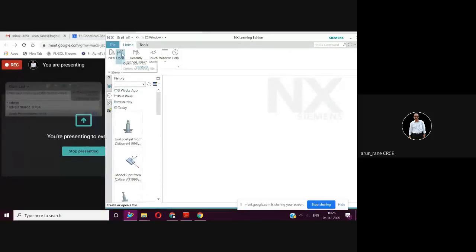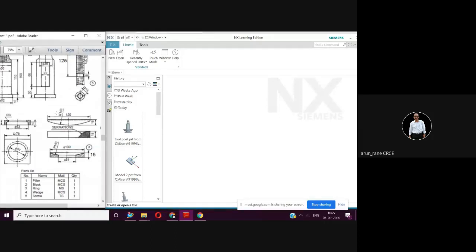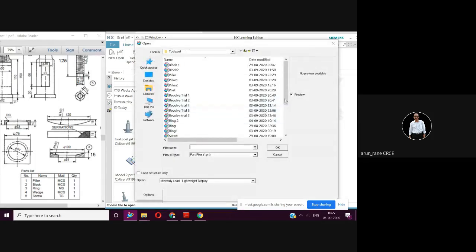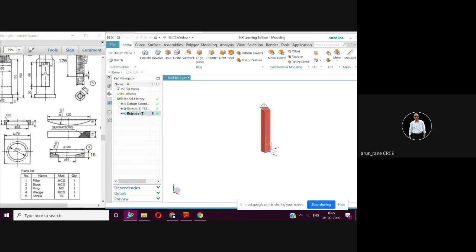So now let's see the square tool bit. The length of the square tool bit is 150, so 15 mm from both sides. The size is 20. Why have we selected 20? So that it can go in easily. This is a very simple square tool bit. You just have to draw a square. By this time you already know how to draw this, so I am not going to draw it. You just have to draw a 20 by 20 square and extrude it to 150 length.